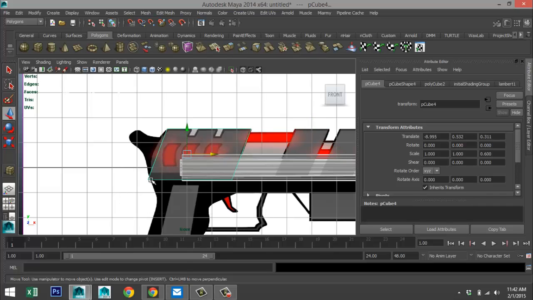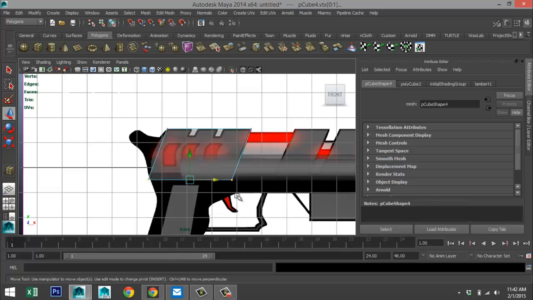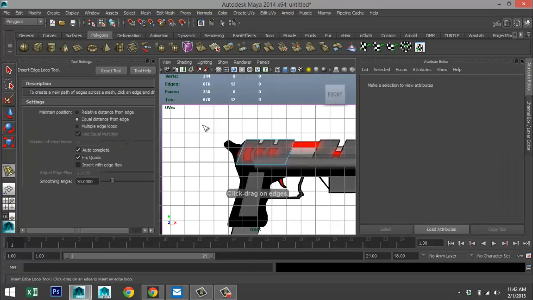Take these two, sorry, right click vertex, take these two, bring them up and in just a little, okay. Now we're going to need to add some subdivisions here. So we're going to go to Edit Mesh, Insert Edge Loop tool, and let's make sure we got equal distance from edge setting going on.